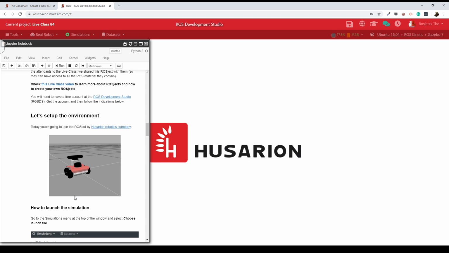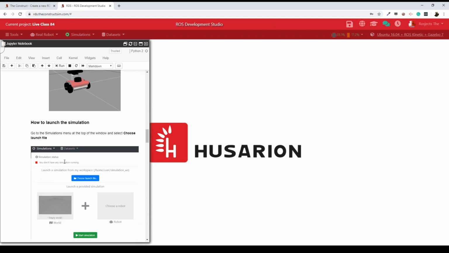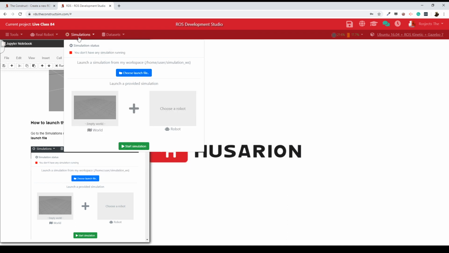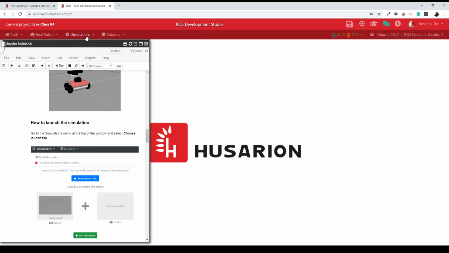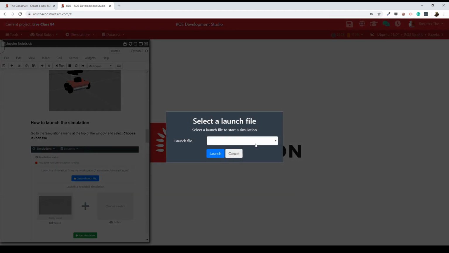Tamanna says done. Great. Ramesh, okay. Then let's launch it. In order to launch this simulation, it's very simple. We are going to use the menu here on the top. Go to Simulations. I have my simulation still running because I launched it already, but in your case, it should be this menu here. So go to menu Simulations, choose Launch file. And then we have to select the launch file from the simulation